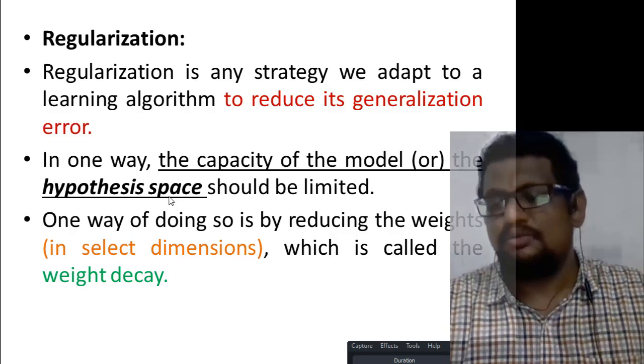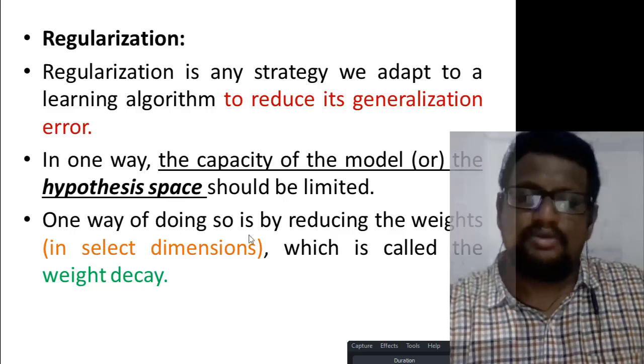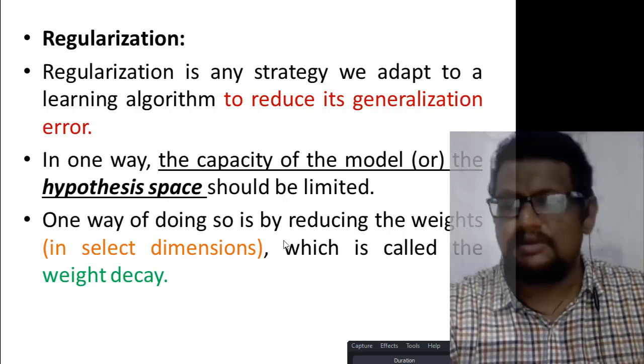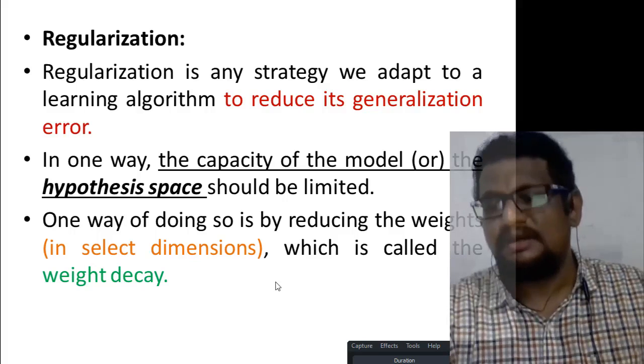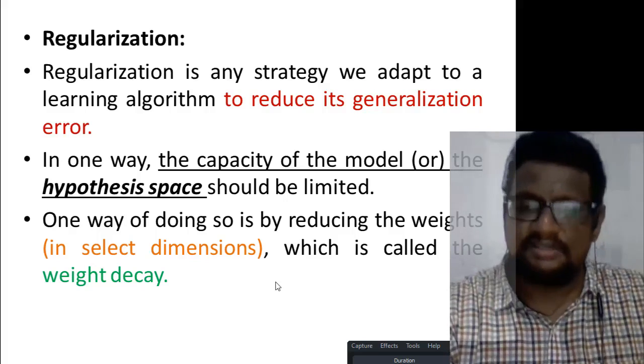So then that is too much to learn from that input. So what happens is overfitting happens. Likewise, one way of avoiding it is by reducing the weights in select dimensions. I am saying this very carefully because we are going to arrive at this only. In select dimensions, the weights are reduced, while the weights to be learnt in other dimensions are often retained. So the capacity of the model is restricted in such a way, which is called as